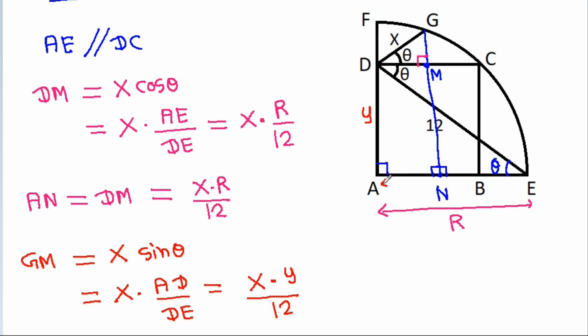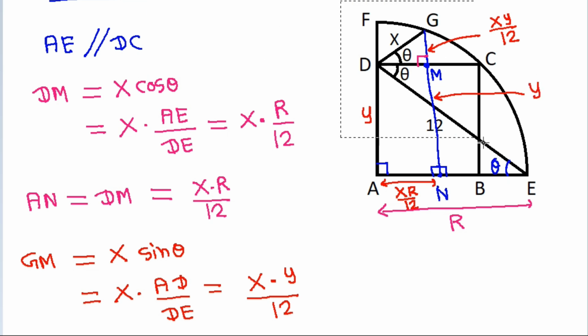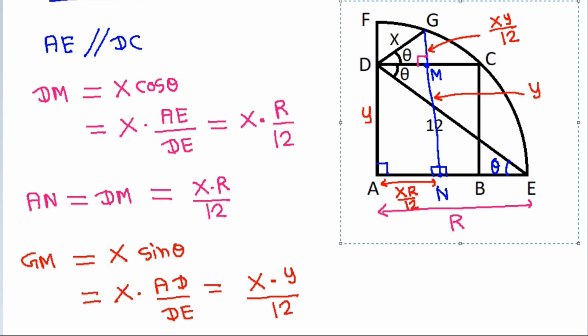So AN, it is xr by 12, and GM is xy by 12, and MN will be y,